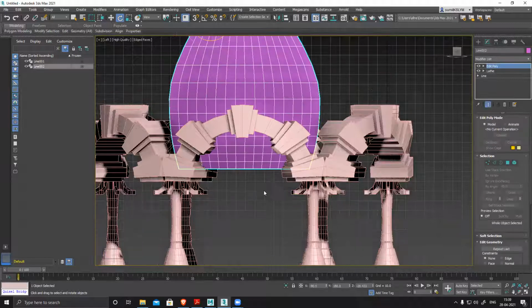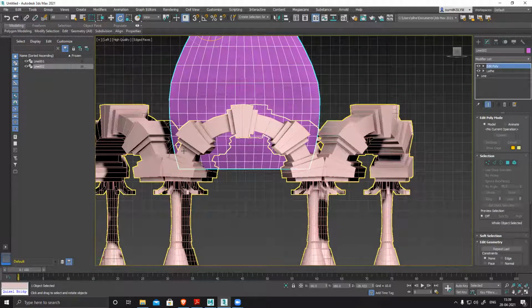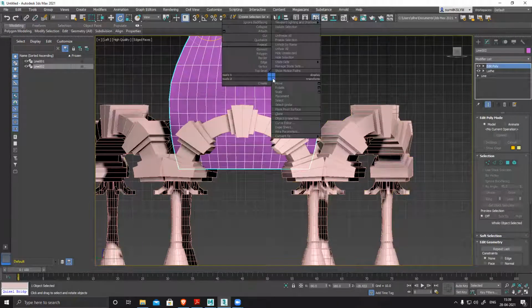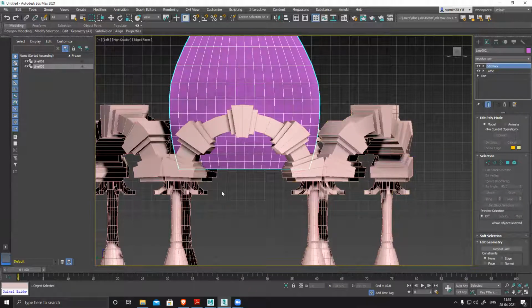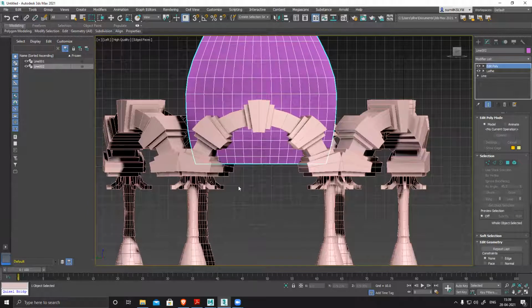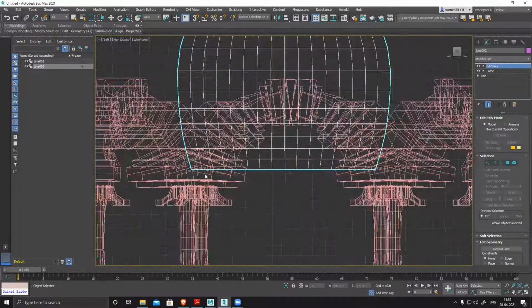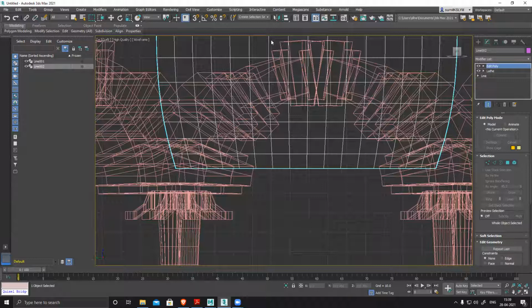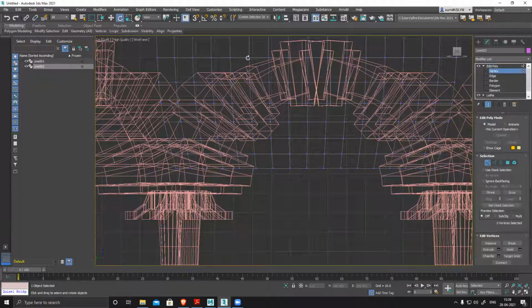Now I have this shape and I want to create this cut. So what I'll do is right click on the model, and there's something called cut. It is to create a cut in my geometry. What happened to my cut?